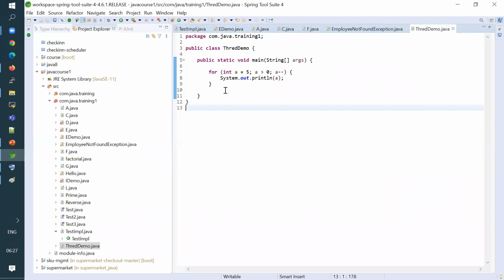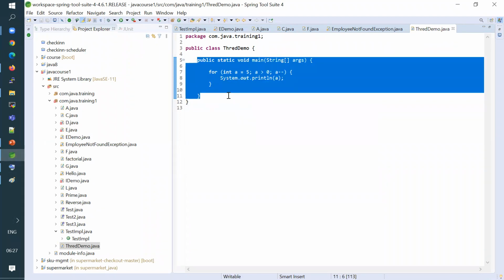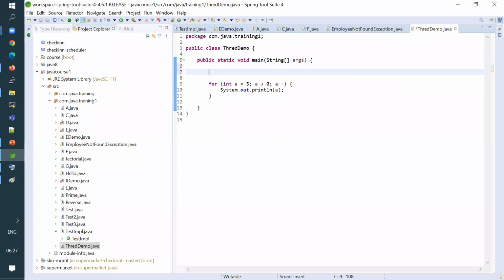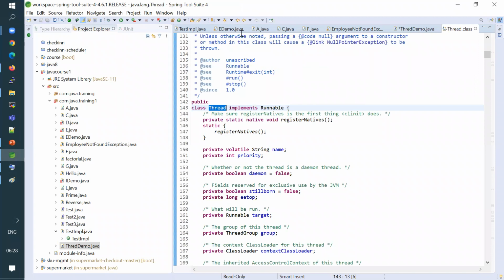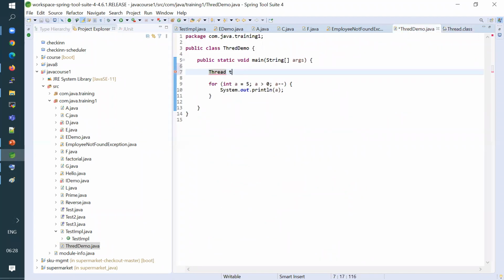Okay. So basically, whatever code you have written in this main method, it can be treated as a single thread. Yes or no? Right? And I'll call it the main thread. Understood, right? So to actually retrieve information about a thread, you have a Thread class in Java. I'm not creating this. It is already available in the Java library, the Thread class. So I will take the Thread class object and put it in t.